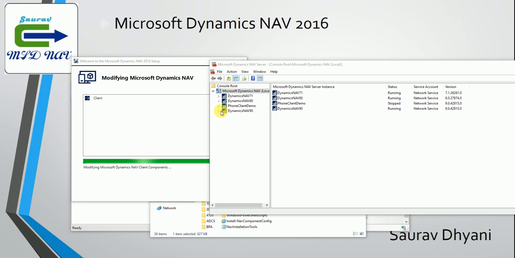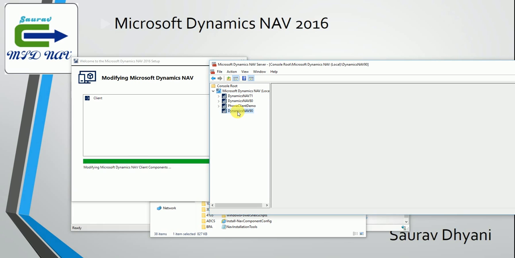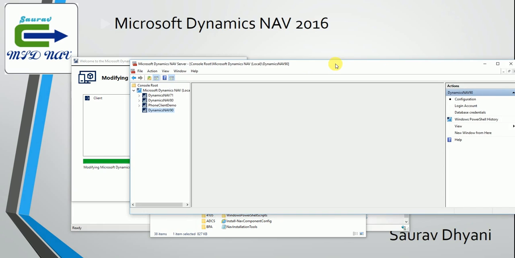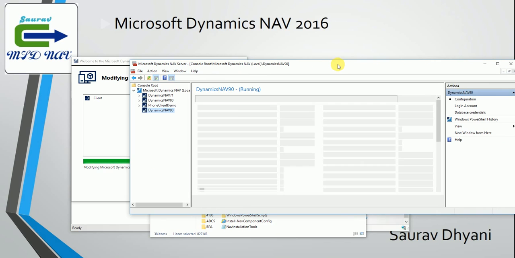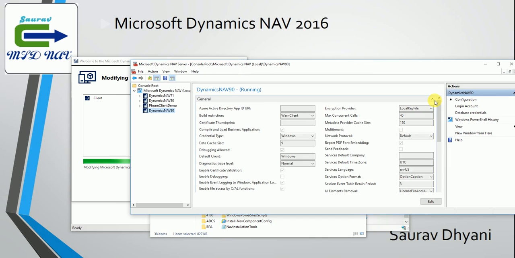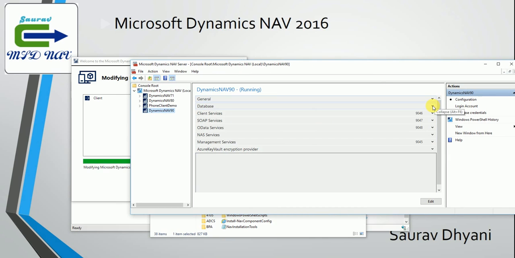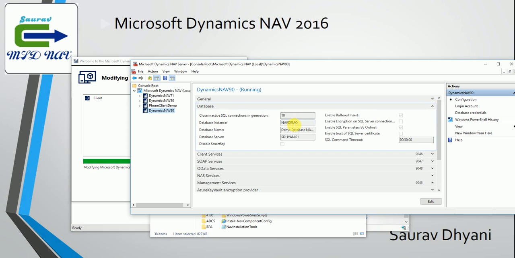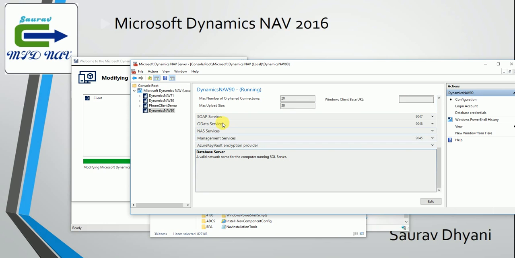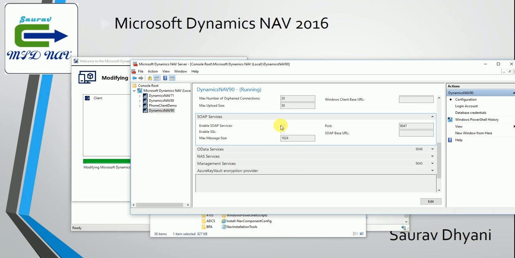So as you can see, I have this Dynamics NAV 90 just installed. If I click on this, I can see the settings which I specified during installation, and the port numbers and the services which I enabled. My database name resides on the second tab, which is database. So my instance is nav demo, my database name is this, my SQL server is this, and my client services tab is this. As you remember, I enabled the SOAP, but I didn't enable the OData. So the SOAP is enabled, while OData is still not enabled,